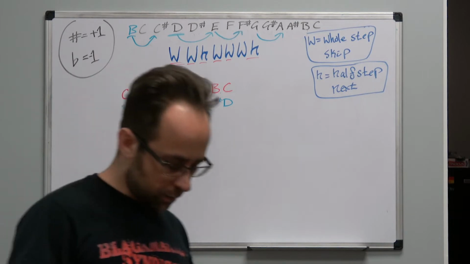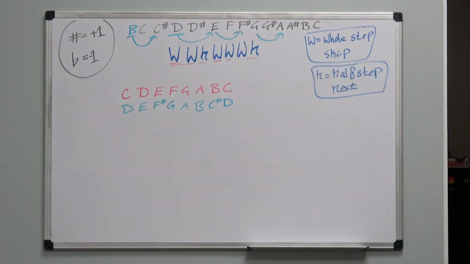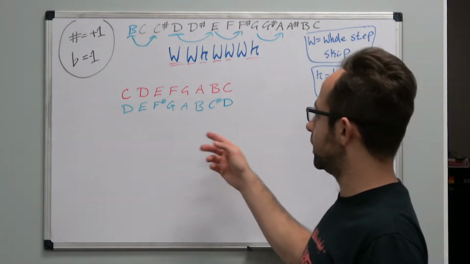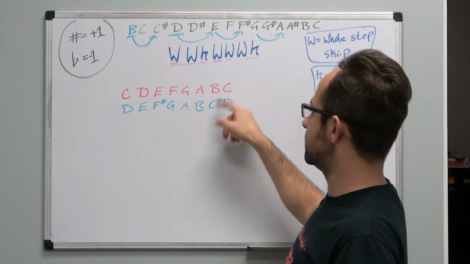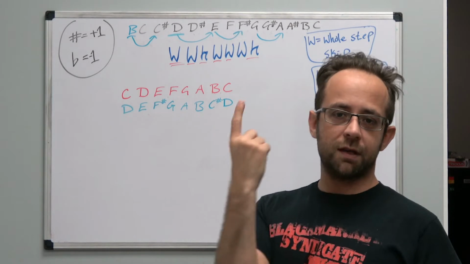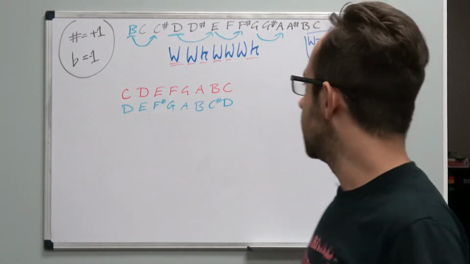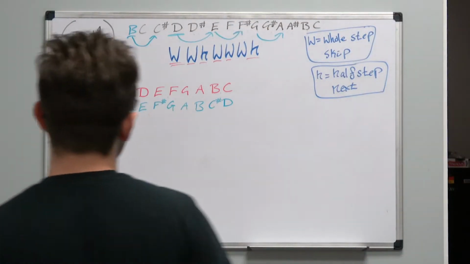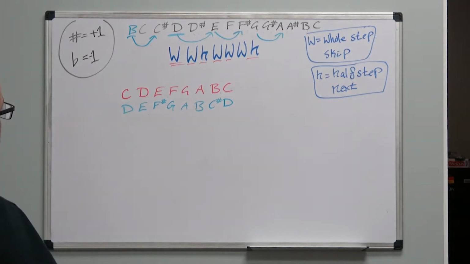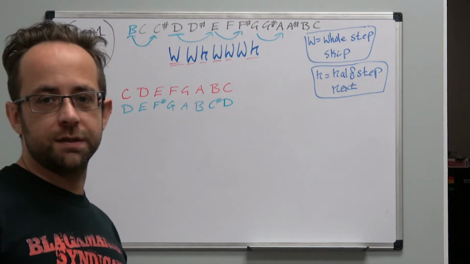Another question to ask about it is how many things are different between the two? And then the answer to that would be 2. F and F sharp are not the same, C and C sharp are not the same, so the F's and the C's, 2 things that are different. All right, okay, so I'm thinking that I've over-explained this enough. So what I'm going to do